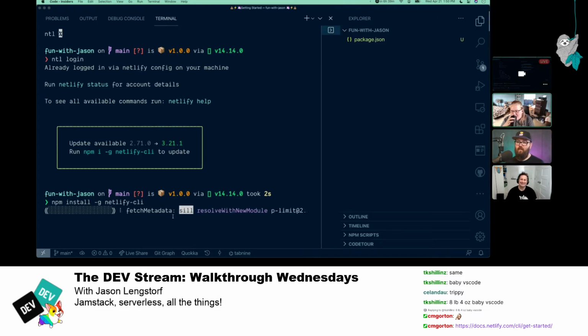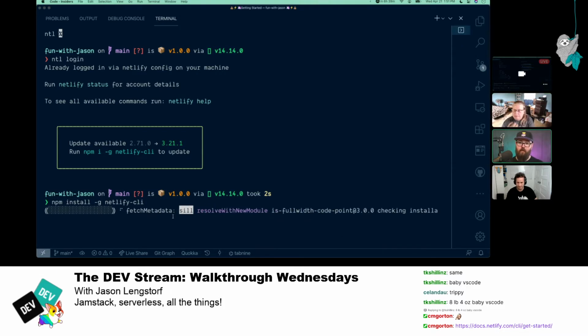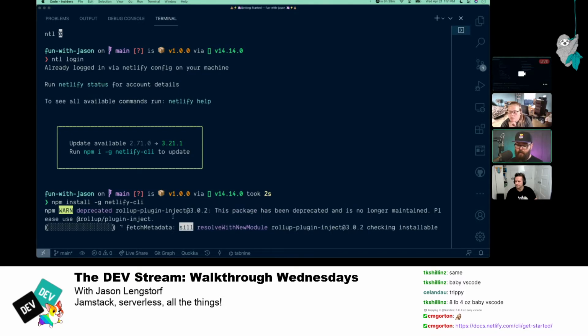So while we're waiting for this to install, I'll talk a little bit about what it does and why it's so useful. First of all, once you're logged in like this, it's hooked up to your Netlify account, so you have the ability to find your sites and create new sites. The other big thing is we're going to be able to run a local version of our site, including the serverless functions. And that's the really beneficial part: we can test our serverless functions locally as if we were deployed. Nice. We also tested this yesterday.